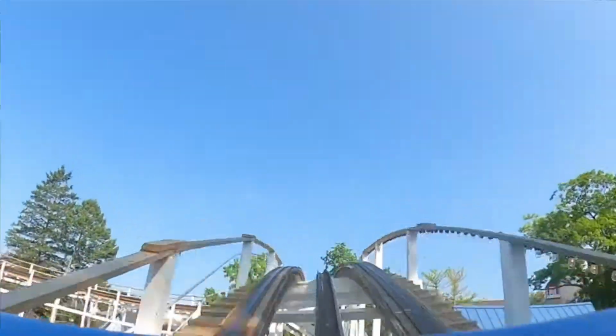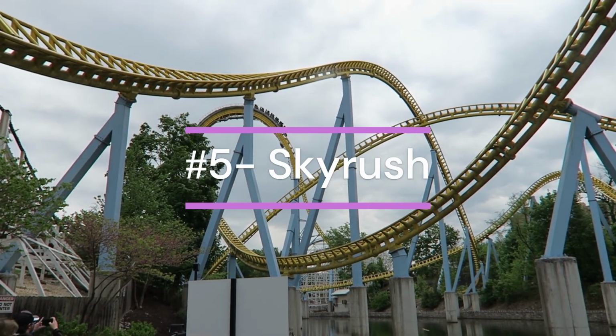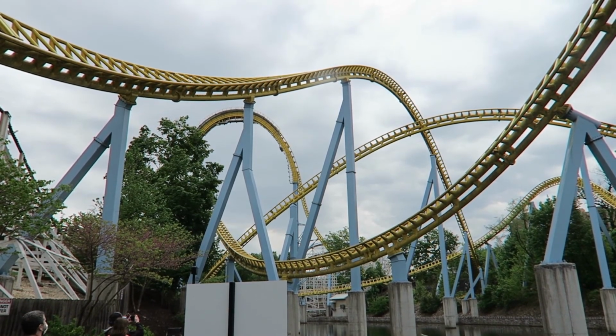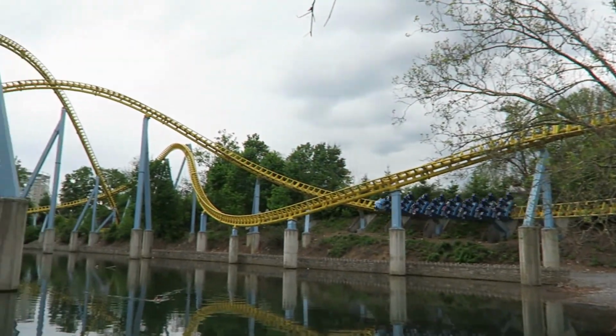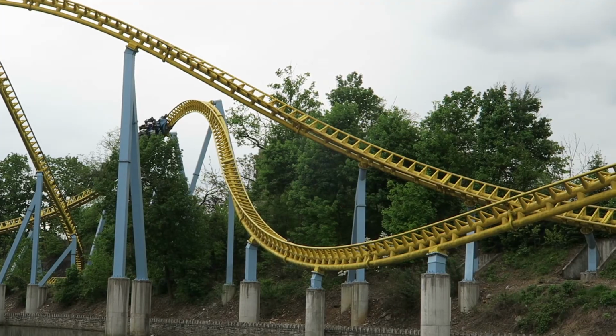For some people, I have Sky Rush, an Intamin Hyper, and like I said, the biggest thing that holds this ride back is the terrible restraints. I love a good intense roller coaster like Intimidator 305, as that's in my top 15, but this roller coaster truly is not fun. I have given this ride countless tries, 10, 15, 20 tries, and every single time I've